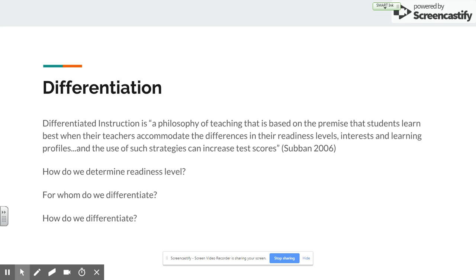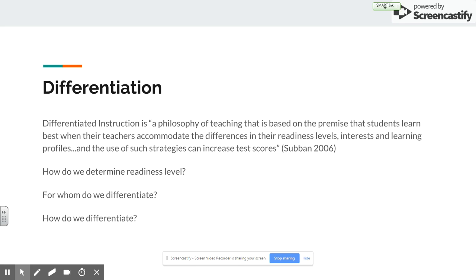Before differentiation can take place, we have to know our students. Right? We have to know them on a personal level, and we also have to know them academically. Well, the only way that we know them academically is we need to assess our students. Again, I go back to the fact that these two topics are interrelated, right? This stems back to assessments and their importance. Who should we differentiate for? All students, right? We should be differentiating for every student in our classroom, whether they're the best student in our class or the worst student in our class. They should all be taught at a level that is appropriate for them. And again, the only way that we can do this is to assess our students to find out what they know.